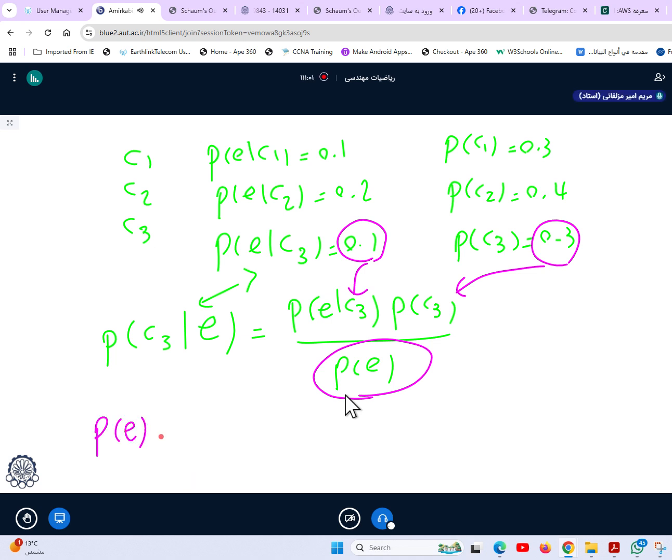How can we compute the probability of error? Could anyone tell me? By using the total probability. Yes, okay, thank you very much. By using the total probability, because we know the probability of error conditioned on C1, C2, and C3, and we want the probability of error without any condition. In such a situation, we should think of the total probability theorem. So it's equal to,